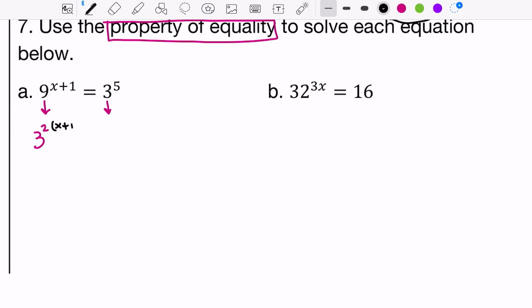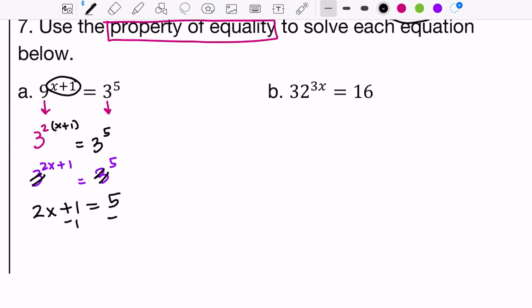And then I have x plus 1 left over. Make sure you put that in parentheses because that means you have 2 terms, which means the distributive property is going to apply. Because we have 3 to the 2 times x plus 1 equals 3 to the 5th. What we're saying now is because the bases are equal, this is that property of equality. We don't really need to focus on the bases anymore. We just need to focus on the,